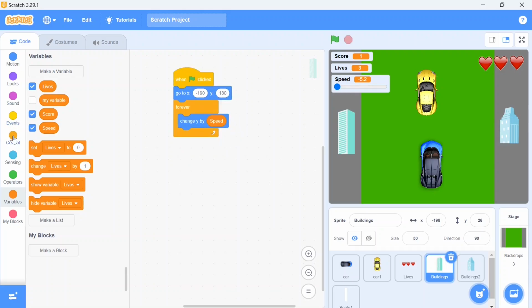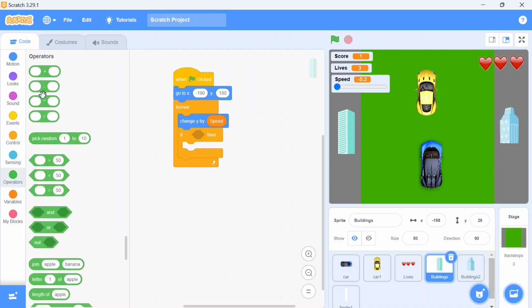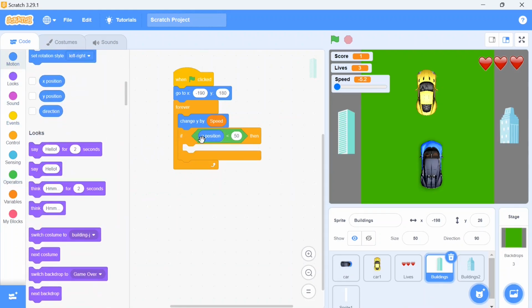Afterwards, I want an if condition, in which, when the building has reached this point, it moves back to the same position. For that, I am going to choose the operator block and here I will choose greater than, and I will choose y position. If the y position is greater than minus 135, what should happen?